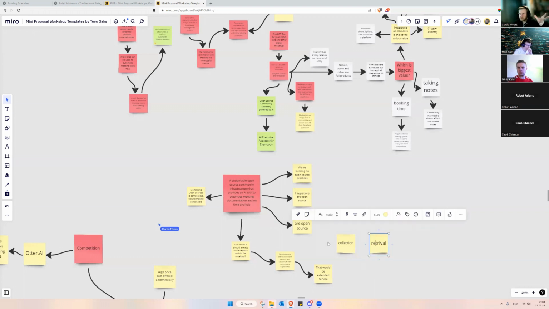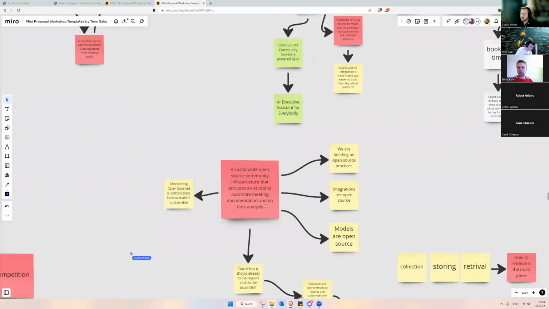You have the collection, storing the data, and then retrieving the data, but that's where the value comes from: how you retrieve it, how this data is represented in your dashboard, and how you share it and disseminate it to your community members. That's the other piece of the solution that I'm just not sure how to phrase. So yeah, retrieval and then maybe dissemination or sharing. It's collecting and storing, but then the dashboard's meant to be viewing that represented data and deriving the value from it.